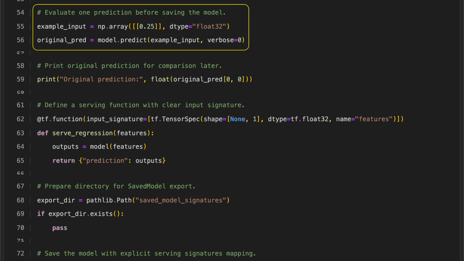Before saving the model, we first generate a baseline prediction. We create a small numeric array containing the value 0.25 as a 32-bit floating point number, and use it as the input. We then call the model's prediction function with output turned off, so it runs quietly. The resulting value is stored as the original prediction, which we will later compare with predictions made after the model